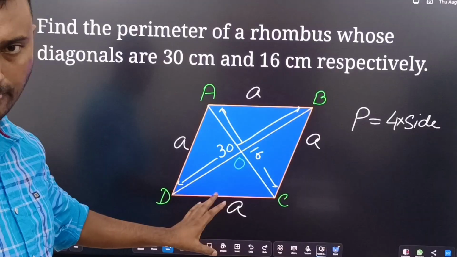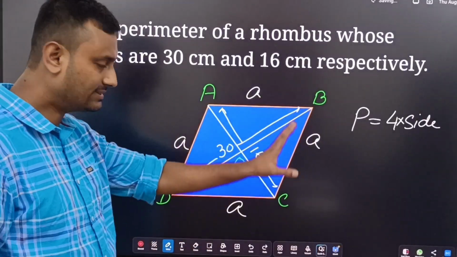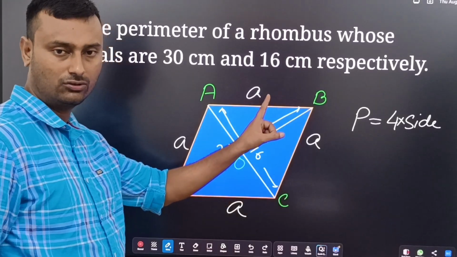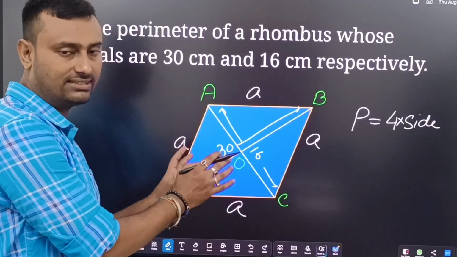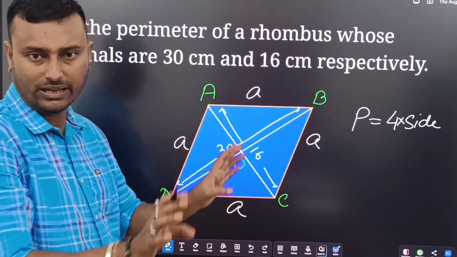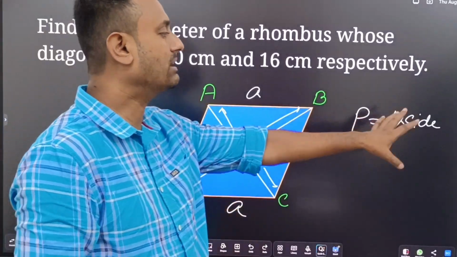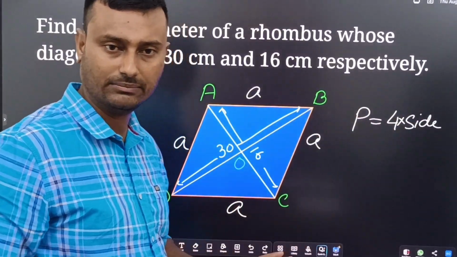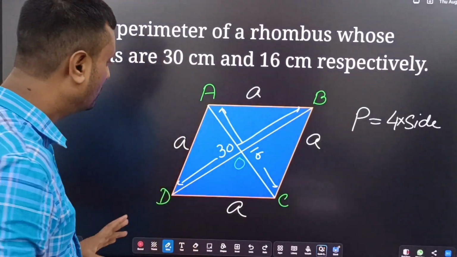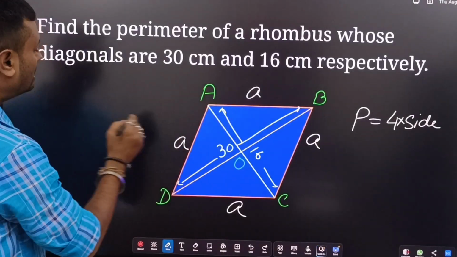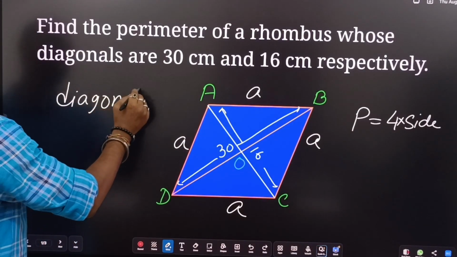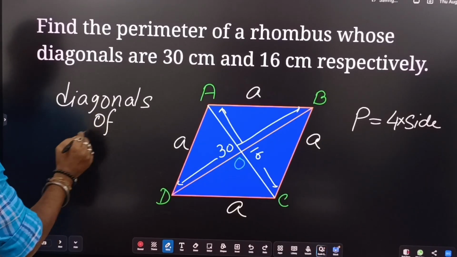Side is not given. The rhombus is given, the length of the diagonal is given, side is not given. So at first we have to apply a few things, then we have to find the side. After finding the side, if we multiply by 4, we get the perimeter. Okay, so for this there is one important thing we have to know, that is the diagonals of a rhombus. The main important thing is what? Diagonals of rhombus